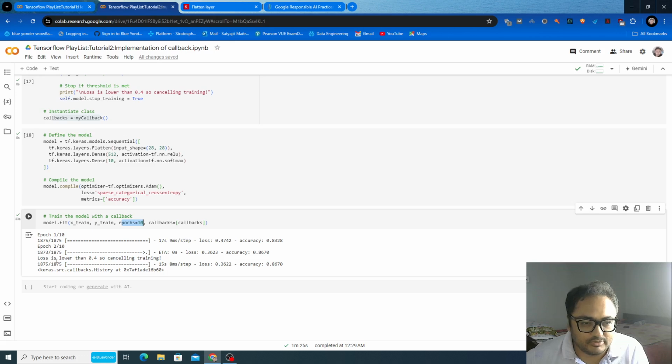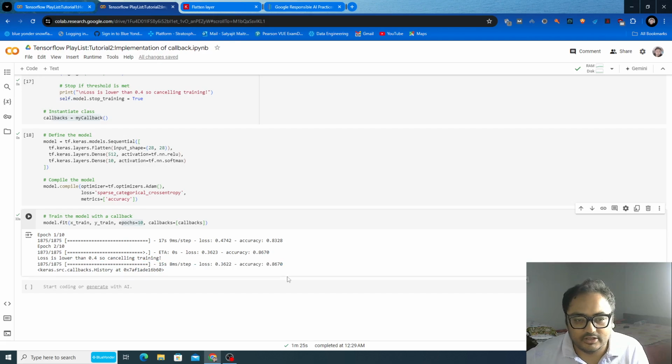You can see after the second iteration, when your loss reaches less than 0.4, it is canceling the training. The third epoch is not happening, so the model is getting stored, and then you can simply use this model for your testing purpose,